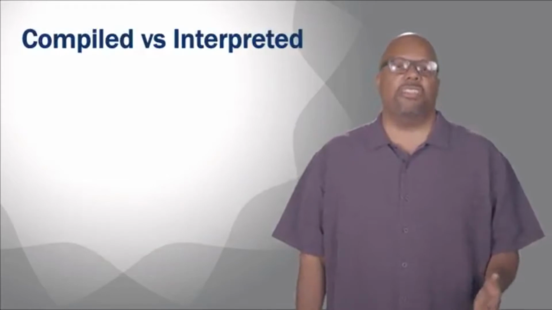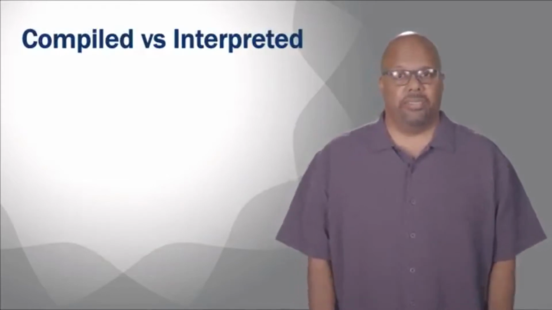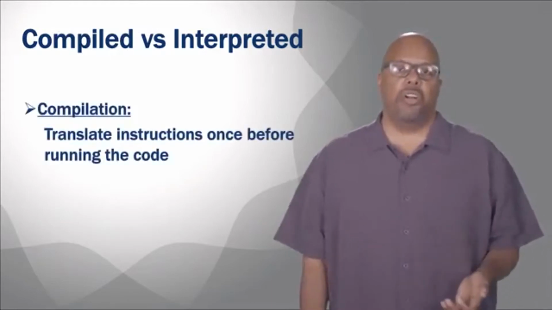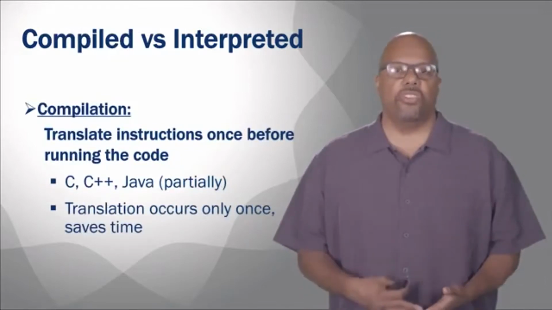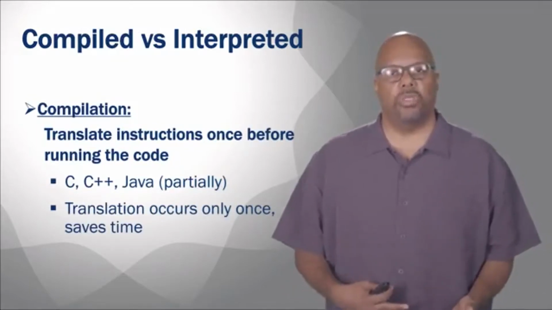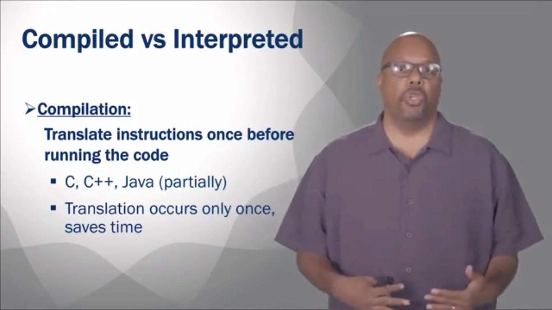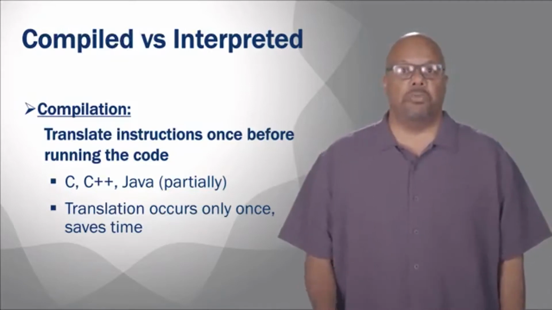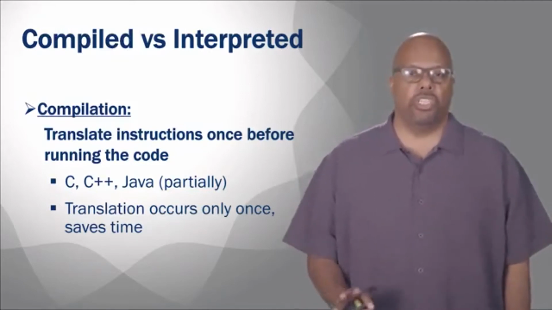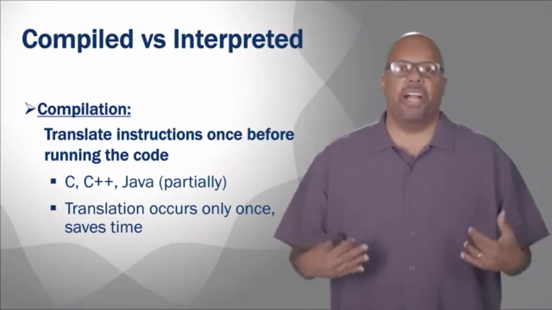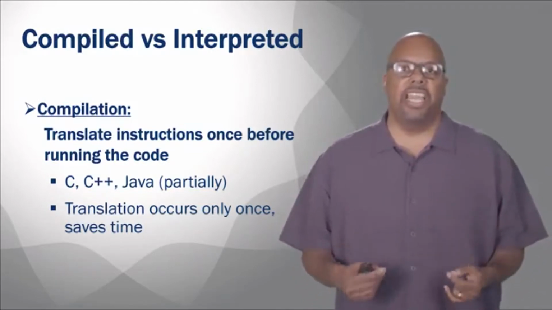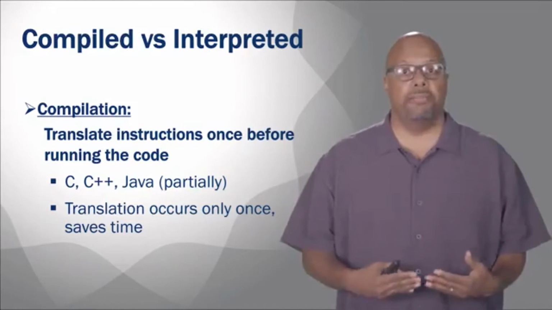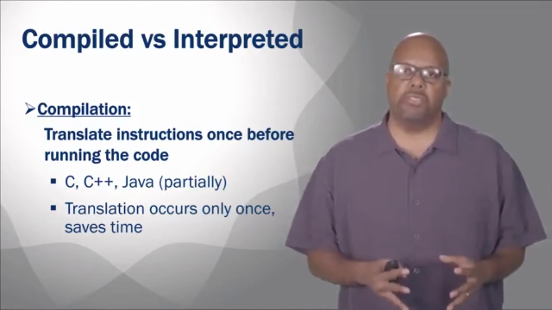Okay, now this translation step can go on in one of roughly two ways. There can be a compilation or interpretation. Okay. Now, a compiled language is a language where the translation from the high-level language to the machine code happens one time, before you execute the code, before you deploy the code. It happens one time, okay? So like in C, C++, Go, Java partially, there's a compiler. And you compile the code. So somebody writes the source code, they compile it, and then they execute it. And they execute the compiled executable, right? The compiled executable is basically machine language code, plus other stuff, but it's basically machine language code.